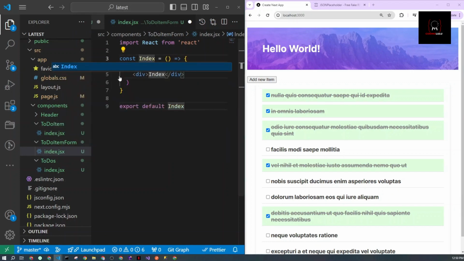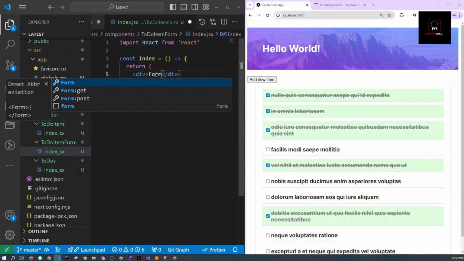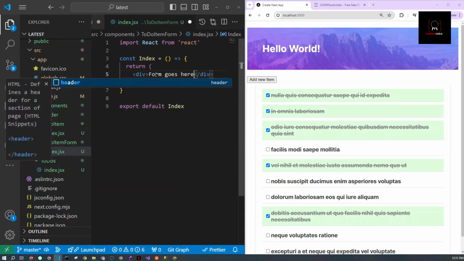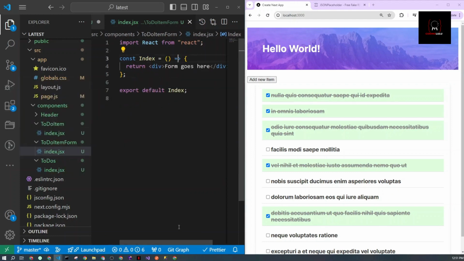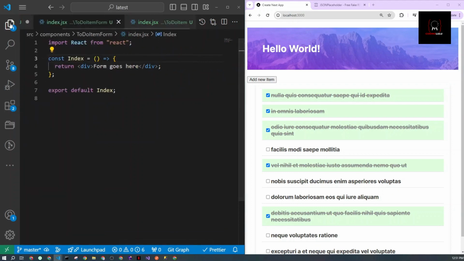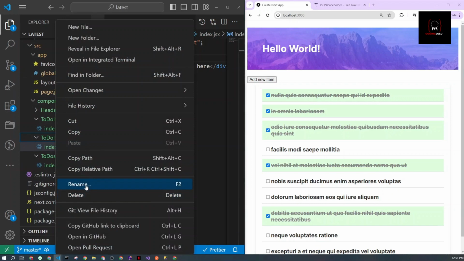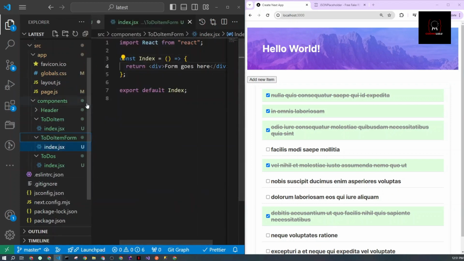So we are just importing React and then declaring our component, and at the moment I'm just returning this. I'll just call it form goes here. Okay, we'll see later how to add the form. Now I just want to make sure my condition is working properly. Now I have my form. I'll just copy the name,